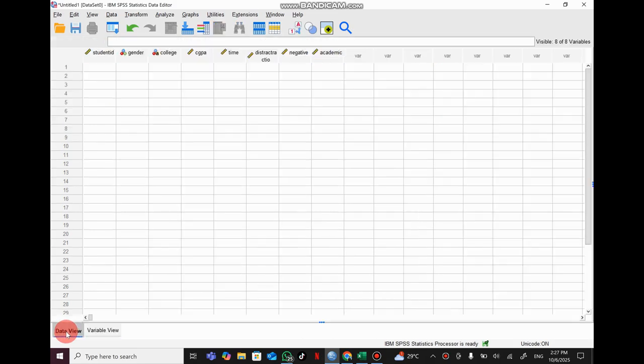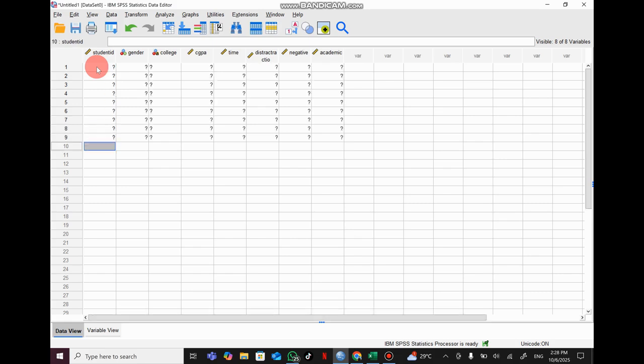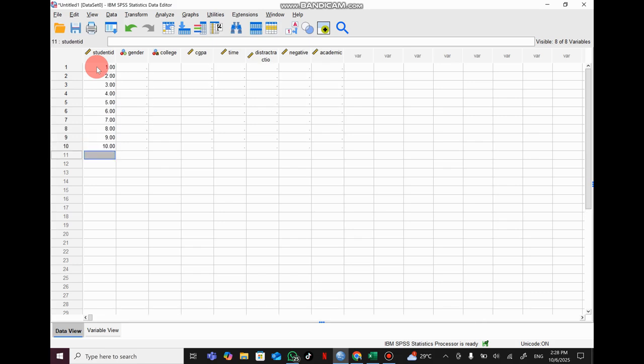So go to the Data View, and here we start to enter the data. This is the example. For student ID, we have students 1, 2, 3, 4, 5, 6, 7, 8, 9, 10. I have 30 students, so we need to put all 30 students here.